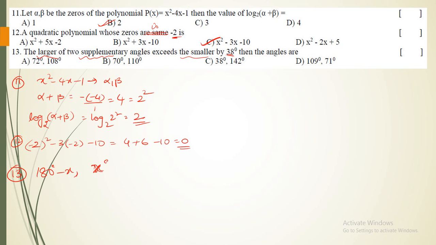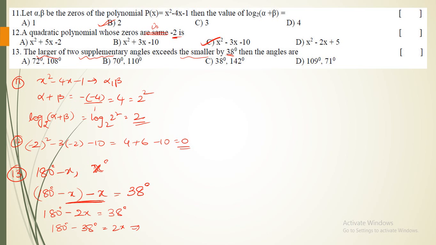So from this, what I can say simply, this is the larger one, 180 minus x. From this if I subtract the smaller one, then the difference will be equal to 38 degrees. So clearly what I am going to get is 180 degrees minus 2x is equal to 38 degrees. Most of the students will cancel these two, but that is not the situation. So if I transpose 2x to the other side, this becomes 180 minus 38 is equal to